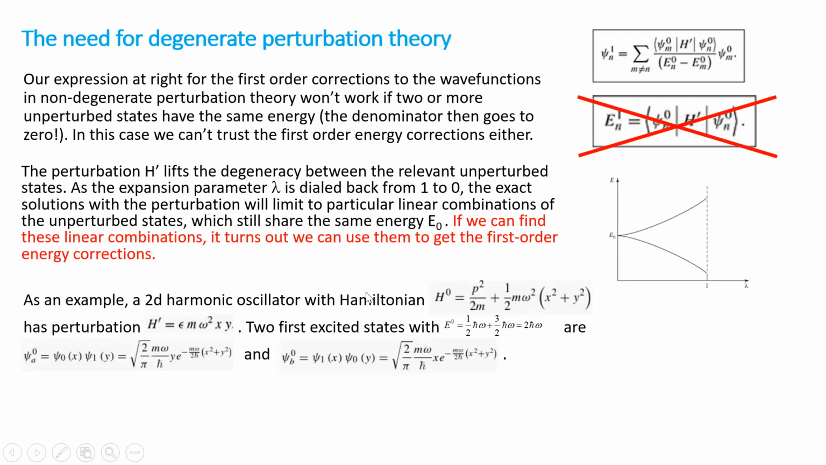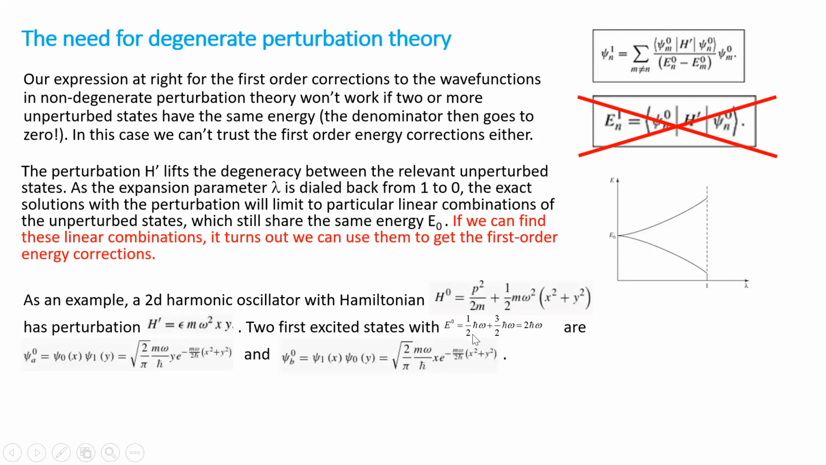But there's only one of those states, so we don't get a degeneracy there. So for that ground state, we could apply regular non-degenerate perturbation theory with this perturbation to get the shift in energy for the ground state. But the first two excited states of the unperturbed Hamiltonian H0 will have an energy,